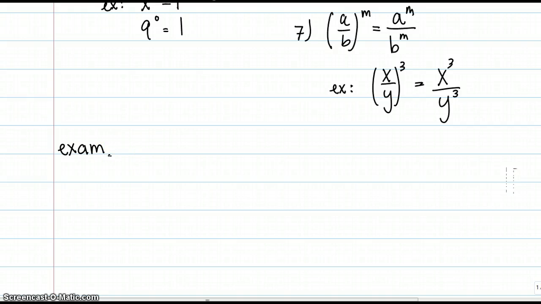So the examples I gave you were basic to the rules that I gave you. So it was just one rule per problem. But a lot of these simplifying exponents problems are going to have a lot of rules mixed into one. So here's what I mean by that. So example 1. I want you to simplify